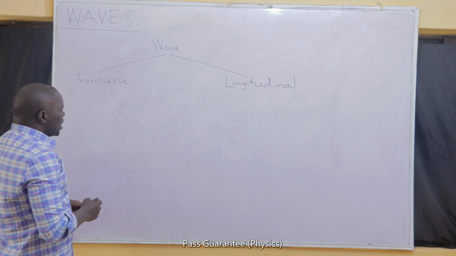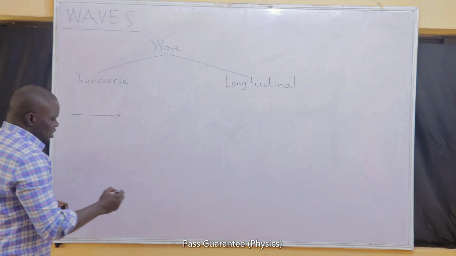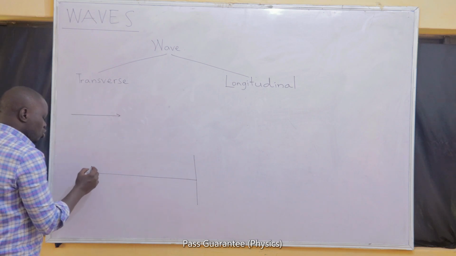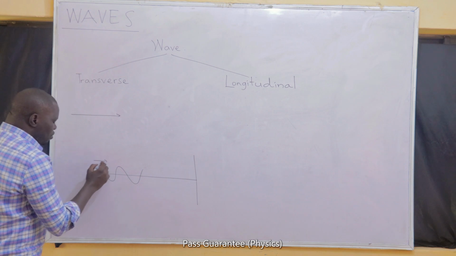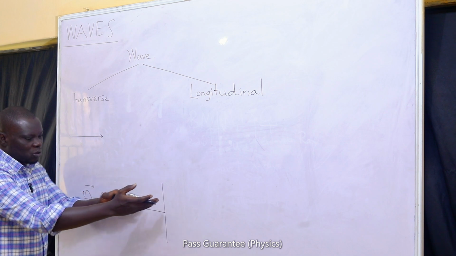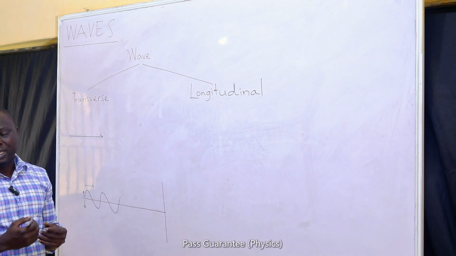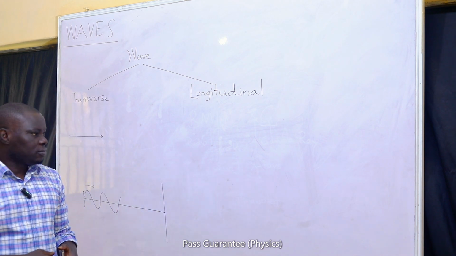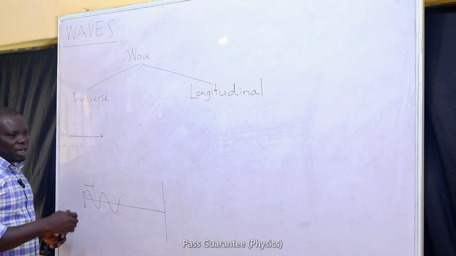Anytime you generate or propagate a wave, there's a particular direction in which the wave is traveling. For example, if I have a rope that is fixed to a wall, if I decide to agitate this end such that I now have a wave, you will discover that the wave will move from my hand straight to the end, that is the wall. So there's a direction in which the wave is moving. So all waves have a direction. If I speak generally, the sound energy from me will go from me, the source, to the listener, the receiver. So waves always have a direction. The vibration of the medium.